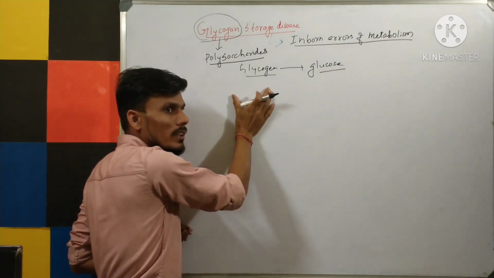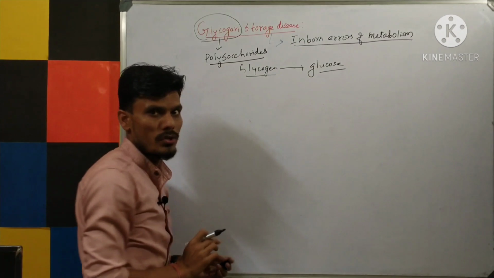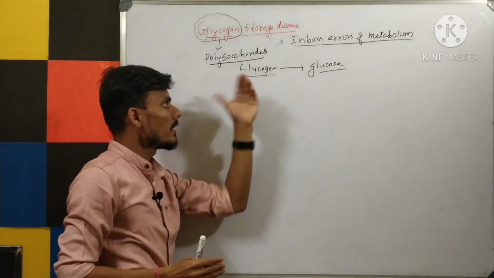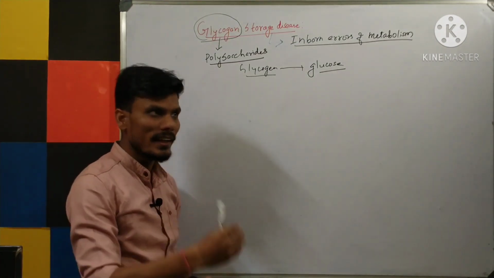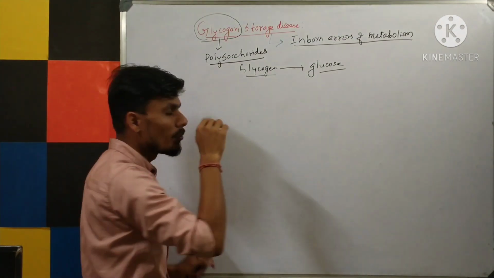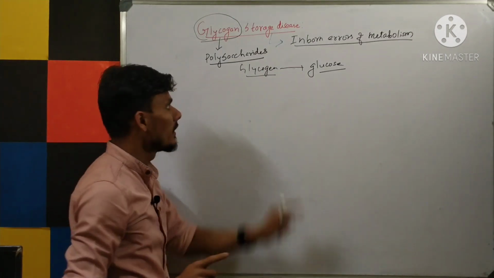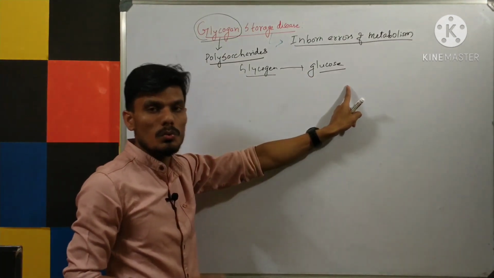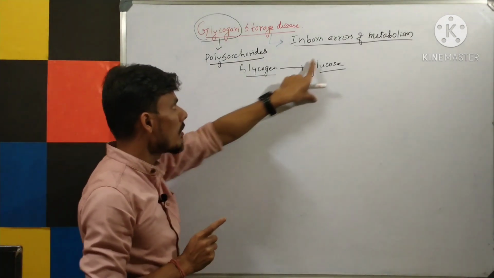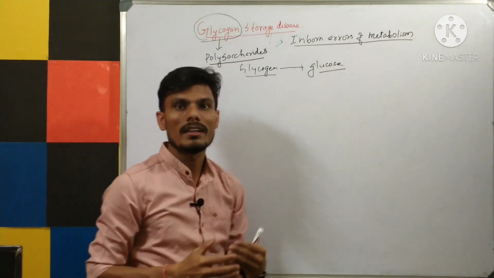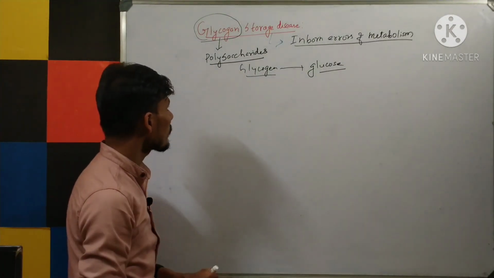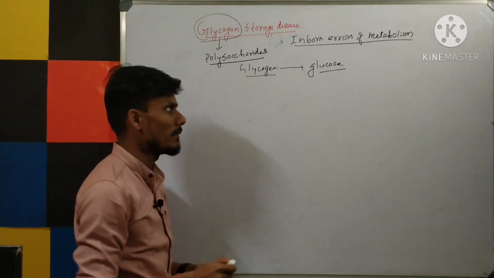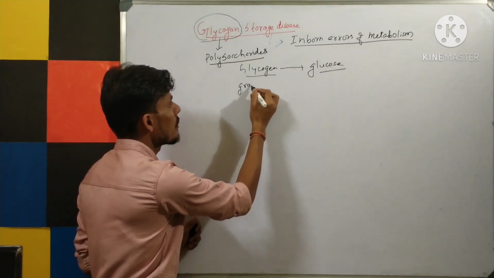What is glycogen? In short, it is the storage form of glucose, or you can say it is a polysaccharide, or a carbohydrate. So when energy is needed, it will get metabolized with the help of different enzymes. Remember that glycogen will be broken down into glucose with the help of the enzymes, and with the formation of glucose, our body will get the energy, right? Now the glycogen is stored in the form of granules. Remember that it is stored in the form of granules in the cytosol